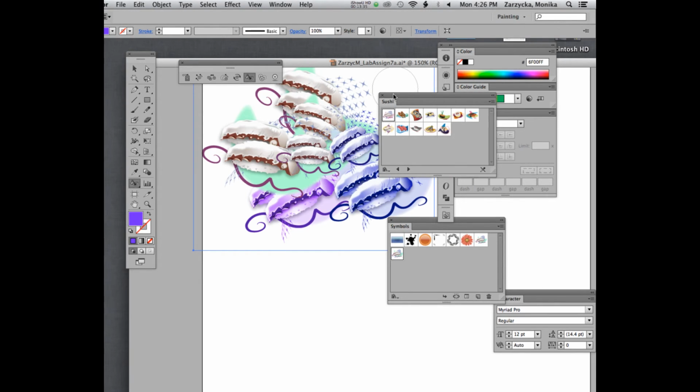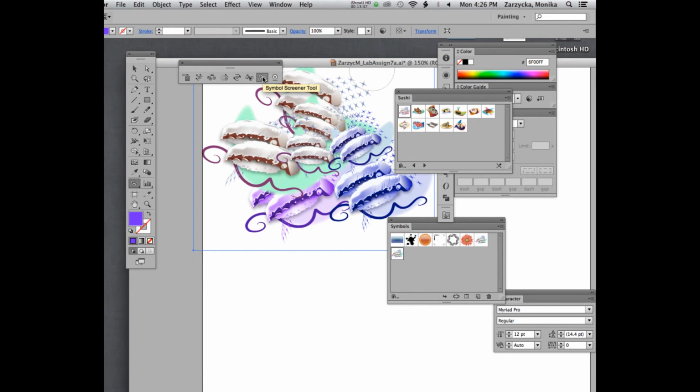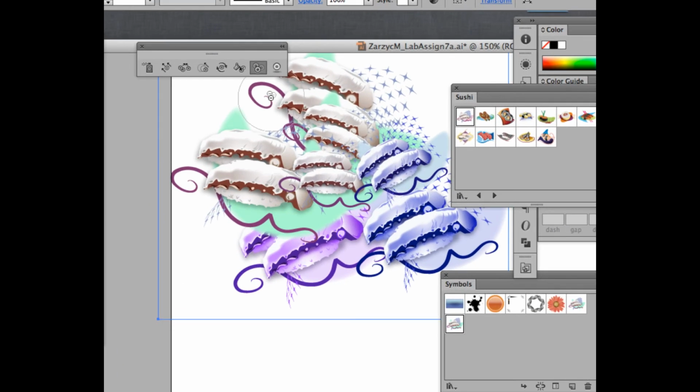Alright. The next one, that would be the screener, which makes it lighter or darker depending if you hold the Option key. So right now, I pressed it. Intensity is still kind of high, so it disappeared. You can click a little bit. Sometimes it's kind of weird. There, you see that? It became transparent. Now if you hold the Option key, you can make it more visible. So it's darker. And the last one is the symbol styler tool, which really in this case won't work well,